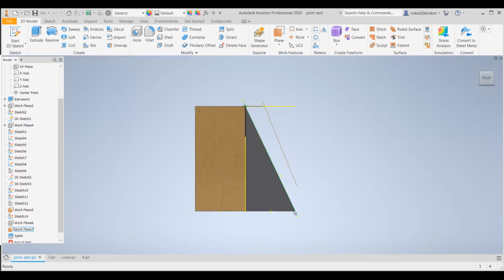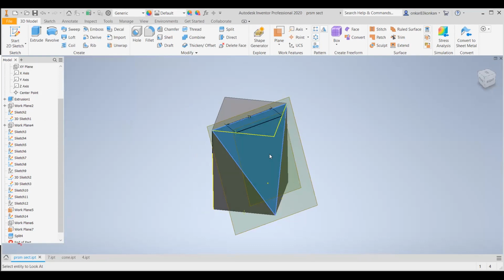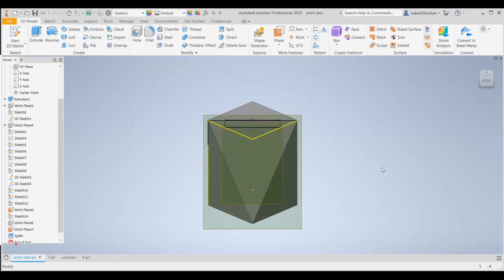So this is the front view once you take this section. And this is the true shape, that is a triangle with the maximum height and with the maximum base. So if you observe exactly in the perpendicular direction to this face, there's a triangular shape. So this is the true shape. Okay.